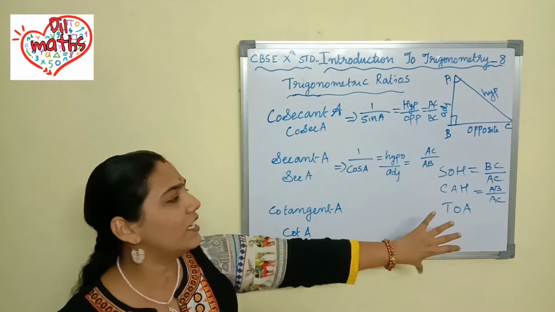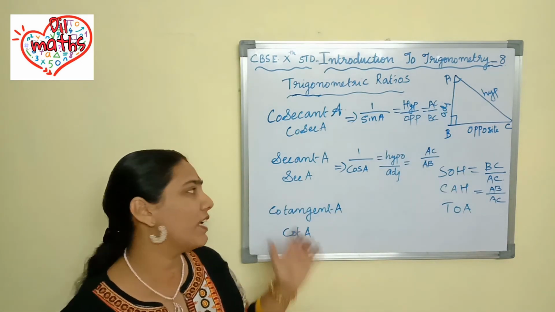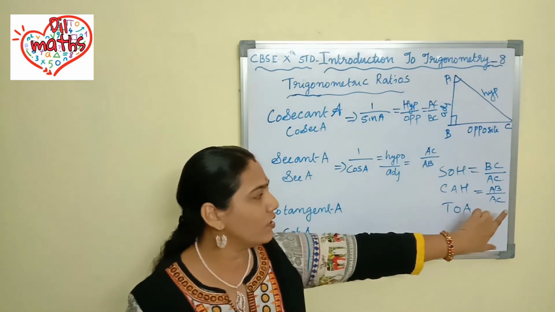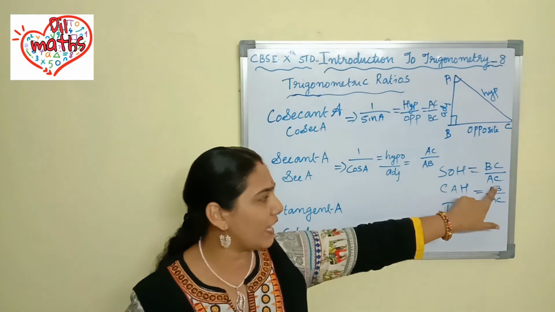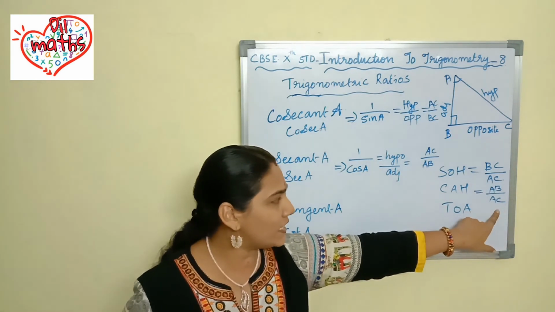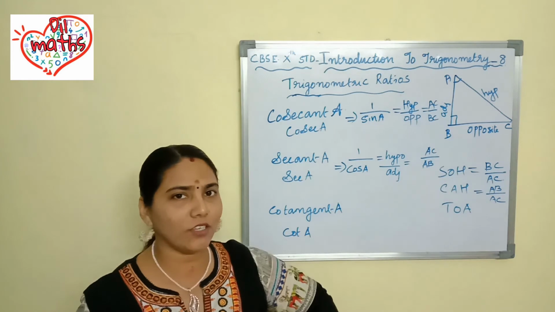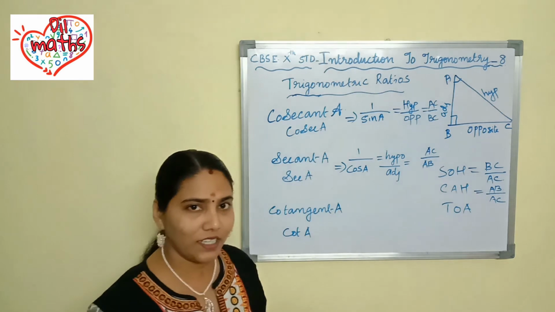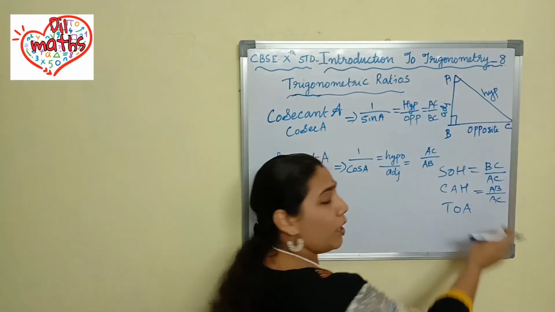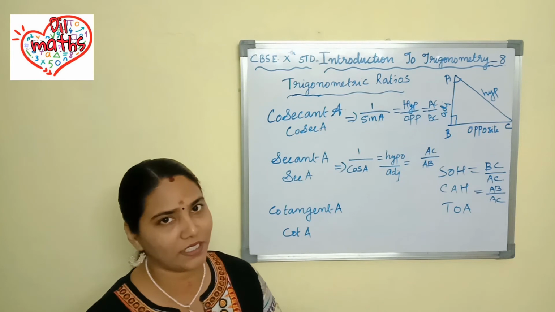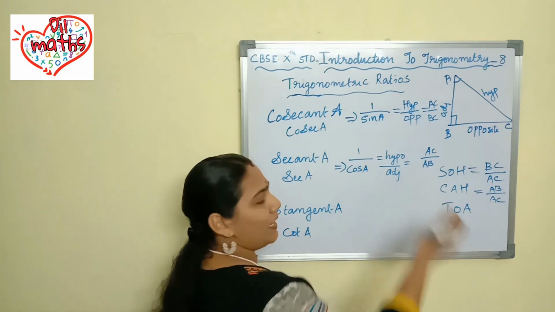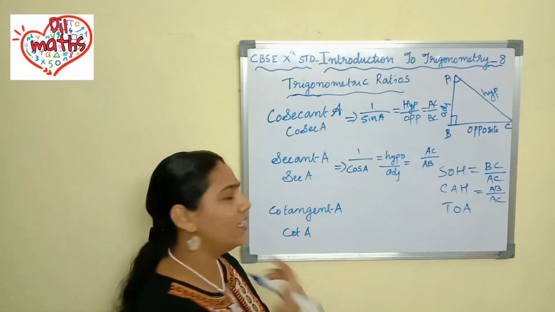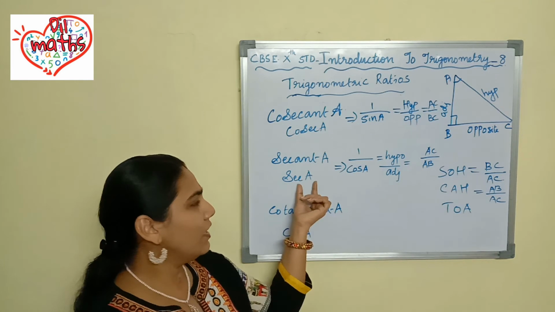Without doing all this, you can easily find it if you know what is cosine. So sec A is equal to the reciprocal of cosine. We found cosine here: cos A is equal to AB by AC. The reciprocal of that is AC divided by AB. The numerator is AB, the denominator is AC. If you take the reciprocal, the denominator will be the numerator and the numerator will be the denominator. So if you multiply those two, you should definitely get 1. That is the meaning of reciprocal you studied in earlier classes. So we got sec also.